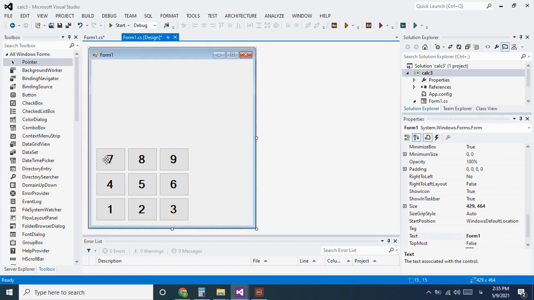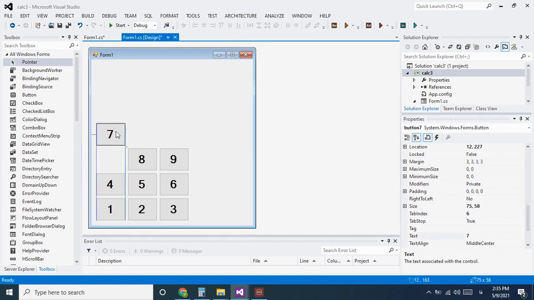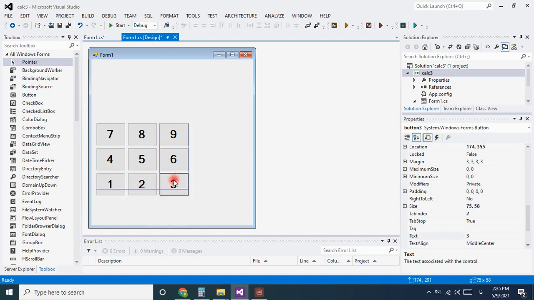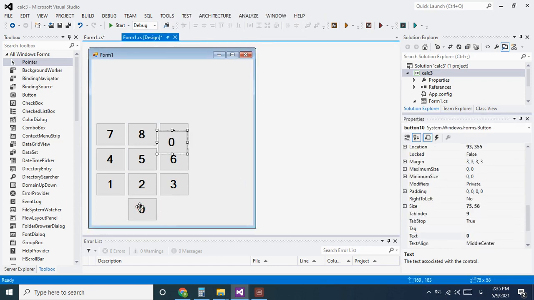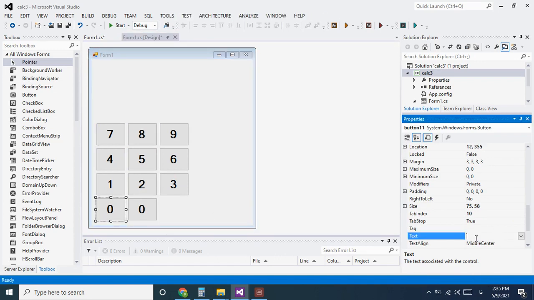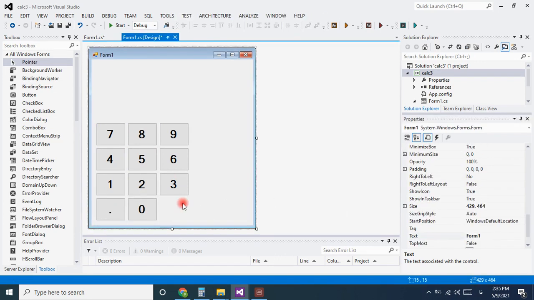Okay, we can relocate all these buttons. I relocate them because I want to add another option, and another button is 0 because we want to use 0. Another thing is the point. Sometimes we want to use point. This is a point, and add